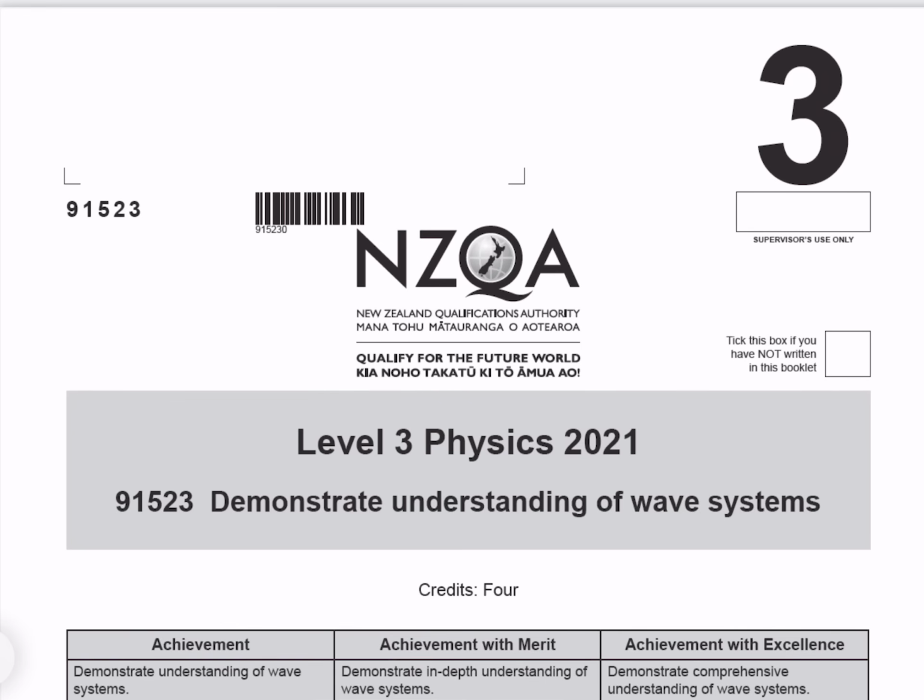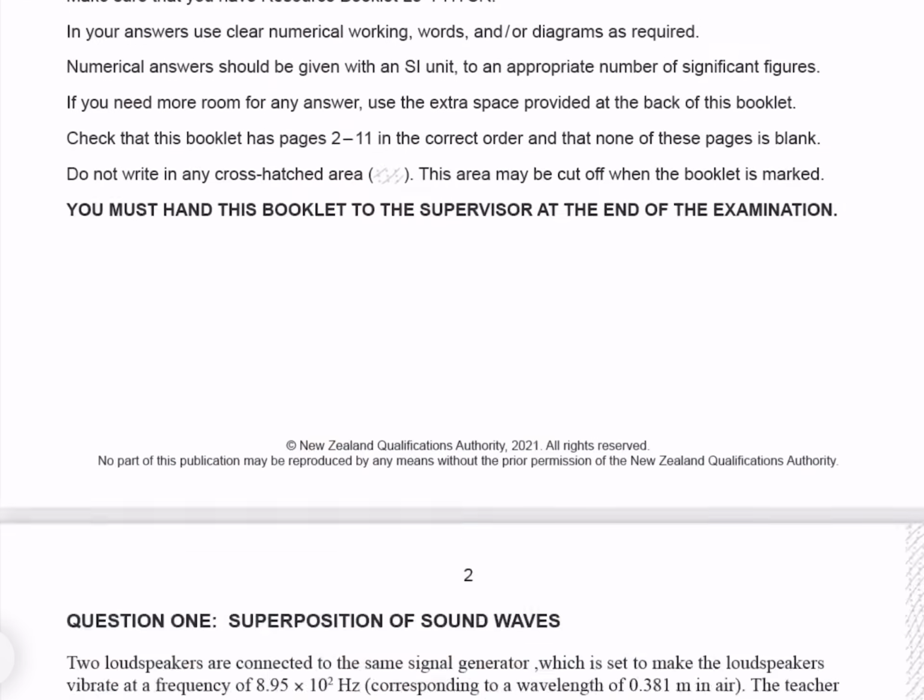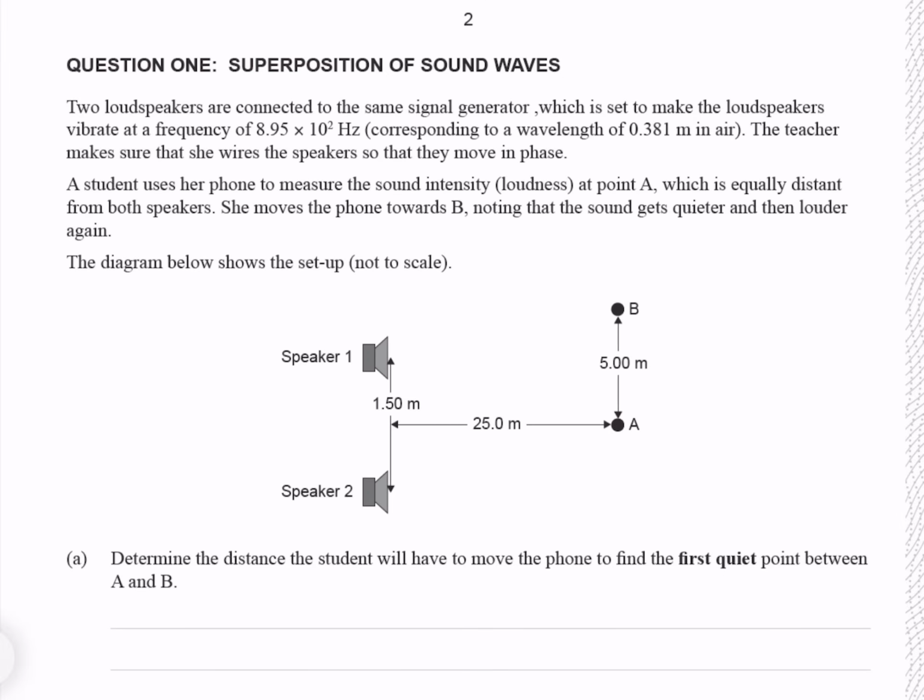In this video, we'll be going through the 2021 Wave Systems paper. Question 1. Two loudspeakers are connected to the same signal generator, which is set to make the loudspeakers vibrate at